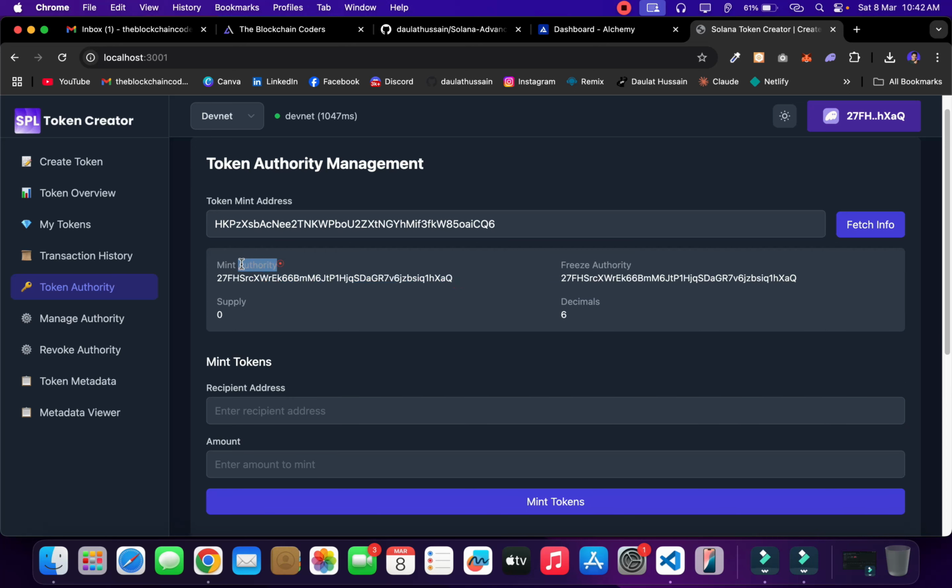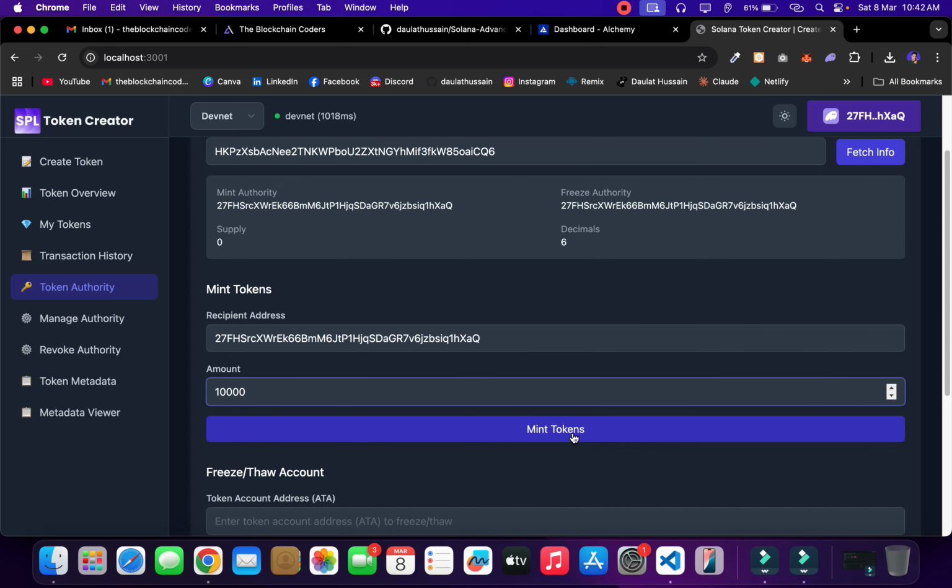It's like minting authority and freezing authority, because this is the wallet I used to connect. And currently there is zero supply. So if I want to mint a token, I can do that. I can simply copy, give the recipient address, which could be anyone, and give the supply which I want to generate. So I click on this mint